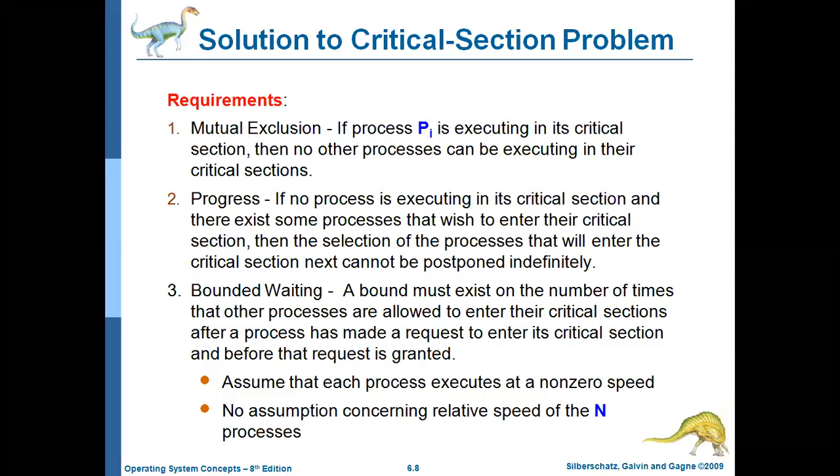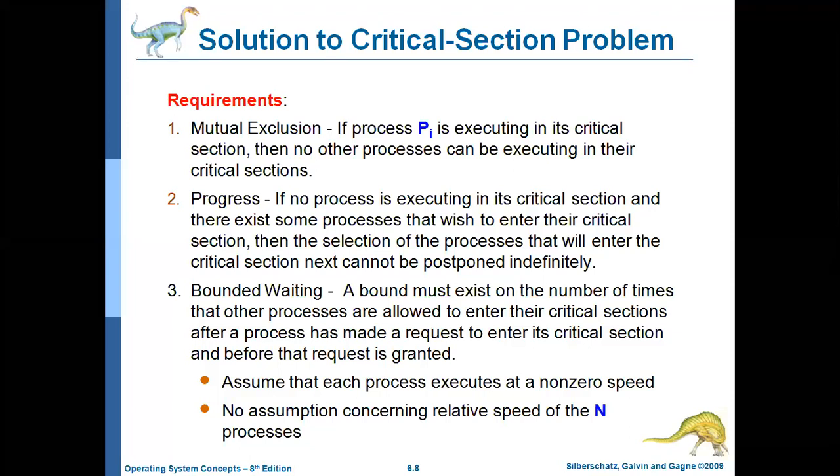Because only one process at a time can be allowed to enter into the critical section. What is progress? Progress means, for example, if there is no process right now in the critical section and some processes wish to enter, you need to select one process to enter the critical section. That selection should not be postponed indefinitely.